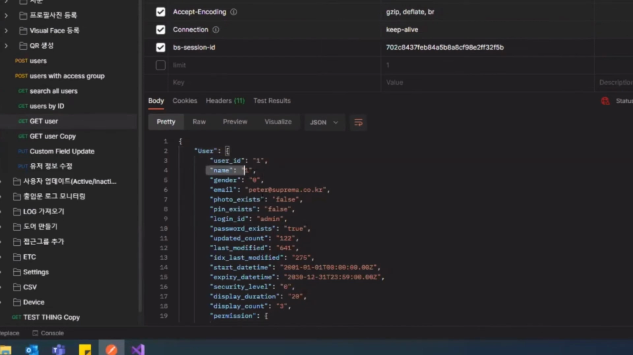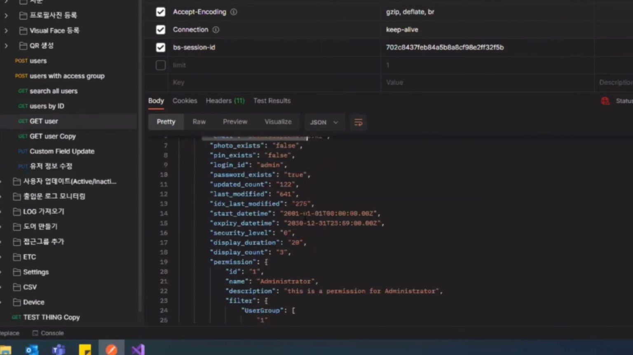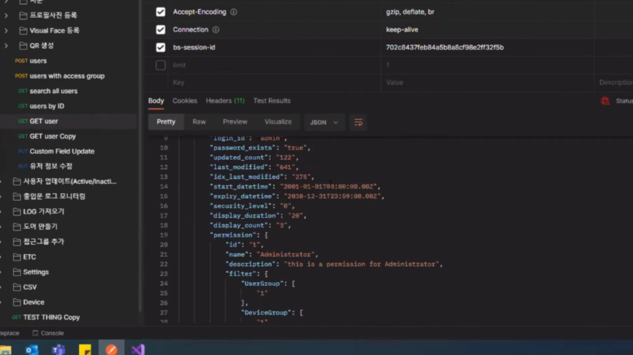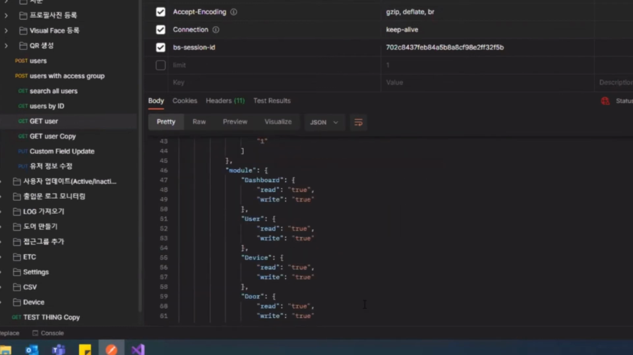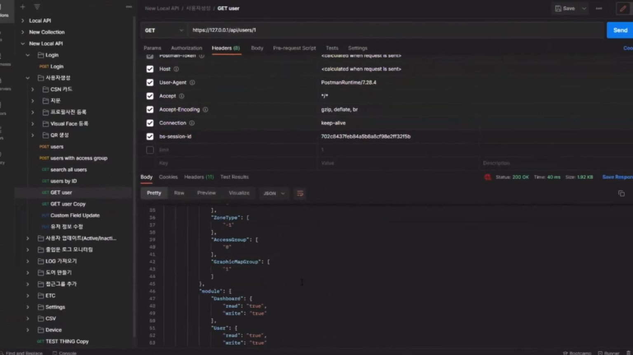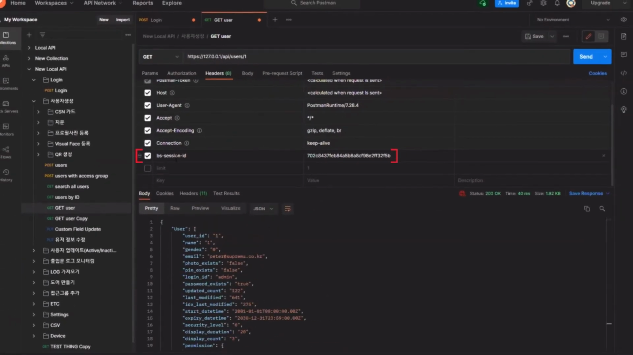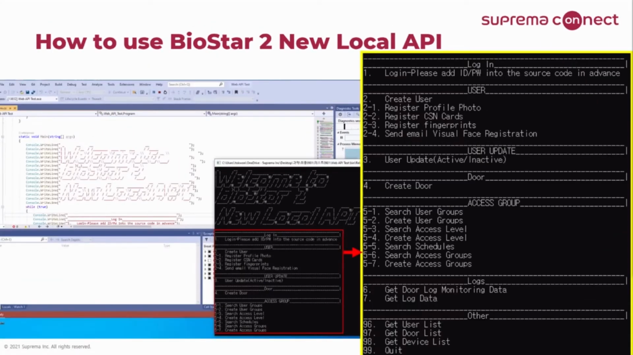Its name is 1. Its email address, its start date time for the ID, and ID expire time, and its user group data, and all the other data here. You always have to make sure that you make BS session ID value in your input headers and copy it and paste it into here. This is how you use Postman with BioStar2 new local API. And next,